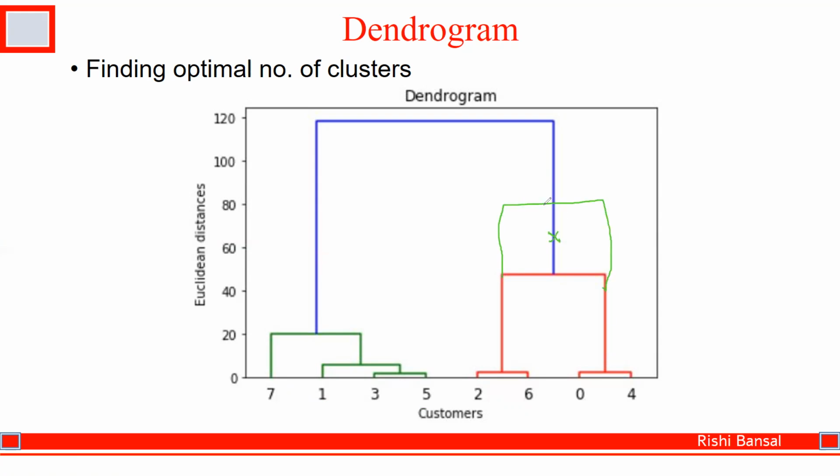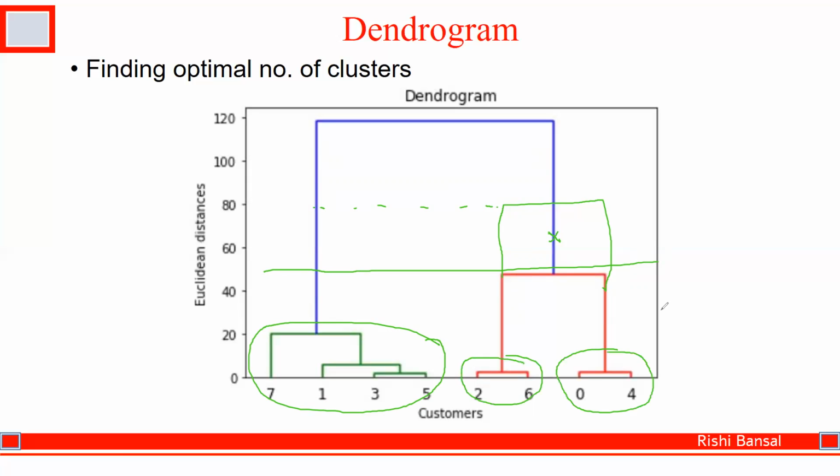Forget about this. Now what happens? This horizontal line is crossing here, but this part is longer than this part. So in the other case, you will draw the line here this time. And at that point, you will have three clusters. One is this, because you have these clusters also divided into two. The other one is this, and so in this way, there will be three clusters. So did everyone get this point clear? How to use the dendrogram?